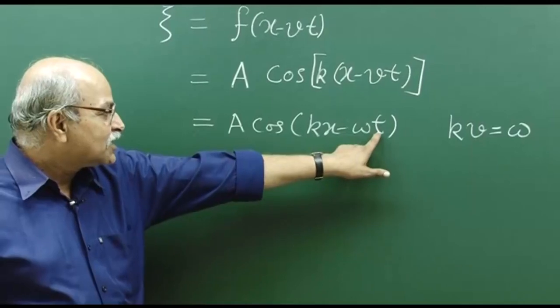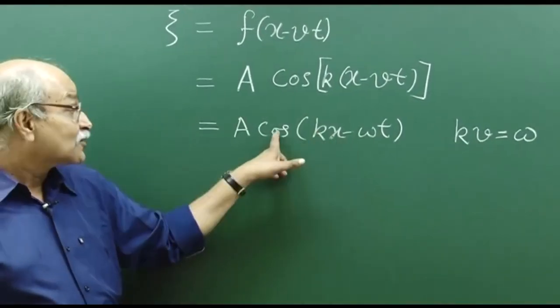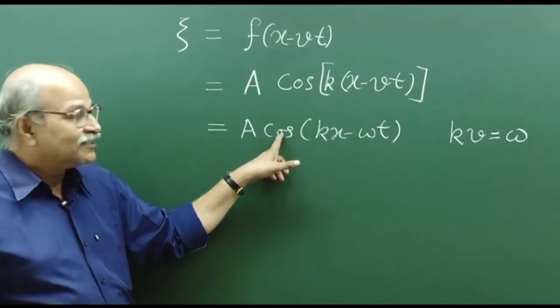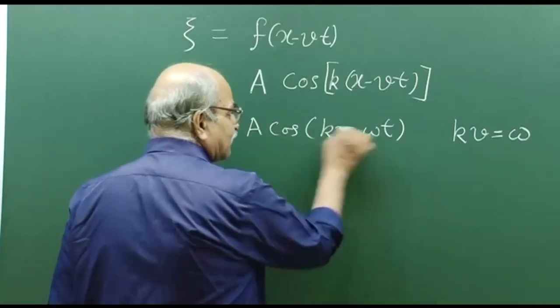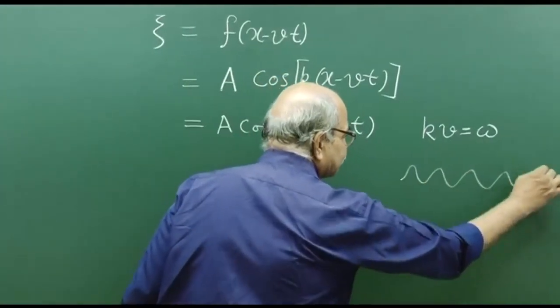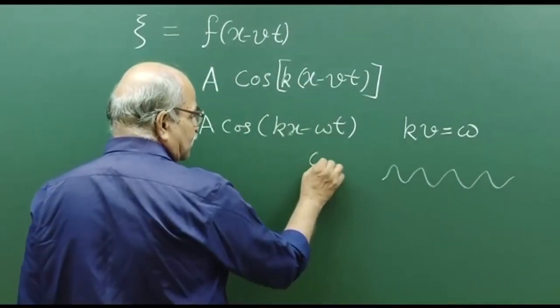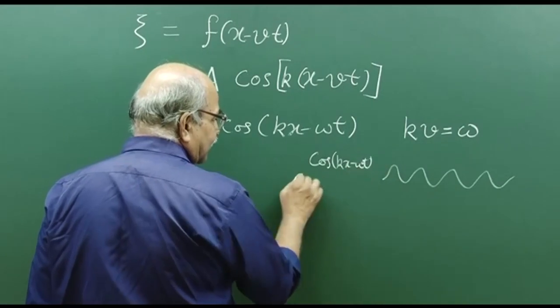At a particular instant, if you see, it changes with x, and that also is this cosine function. So you will have periodicity in space, and because of this cos function, if you plot cos of kx minus omega t for a given t,